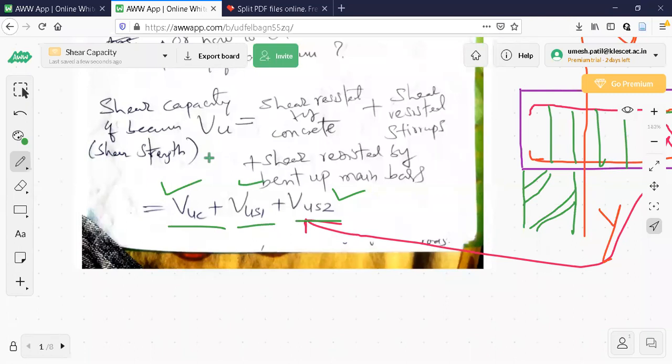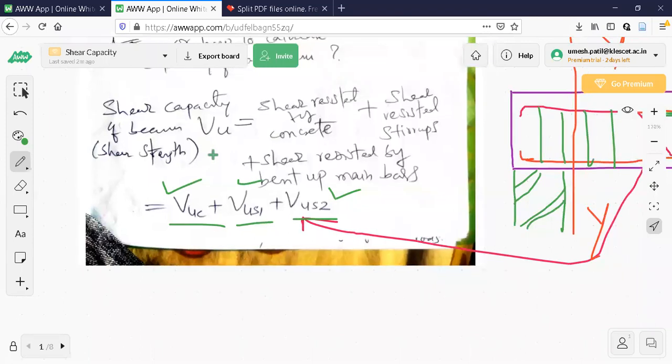So finally, we have to find the maximum shear force using the standard moment distribution method or whatever, if it is an indeterminate structure. In case of a simply supported beam, I am showing it because you should understand the concept. Ultimately, you have to calculate the shear force using theory of structures. The maximum shear force you calculate has to be less than the sum of these three: VUC plus VUS1 plus VUS2. That has to be less, or in the limiting case, both must be equal.